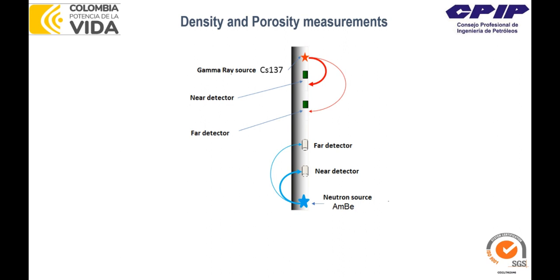The next important group of LWD measurements for formation evaluation is density and porosity measurements, which are normally related to radioactive sources. Okay, so this is the typical tool which contains both of these detectors. For example, here, let me show you. It has the gamma ray source, which normally is cesium 137, and it has near and far detectors, which collect the counts from the source, and based on the difference, they provide the density of the matrix. And the neutron source, which is provided by americium beryllium, also has near and far detectors,